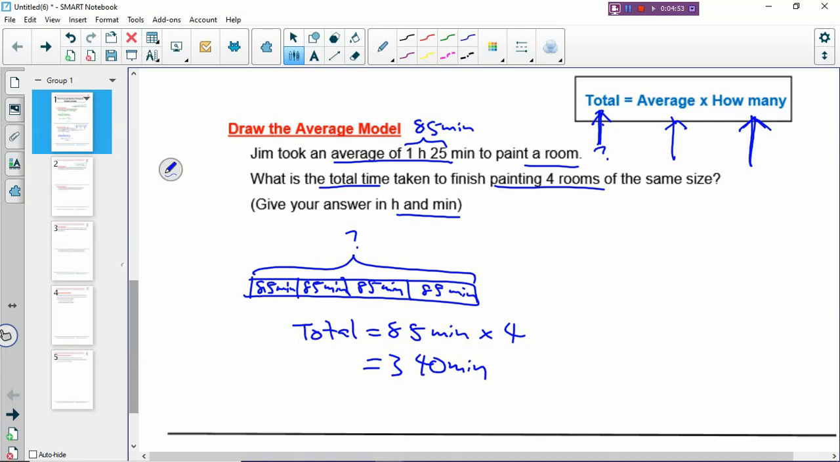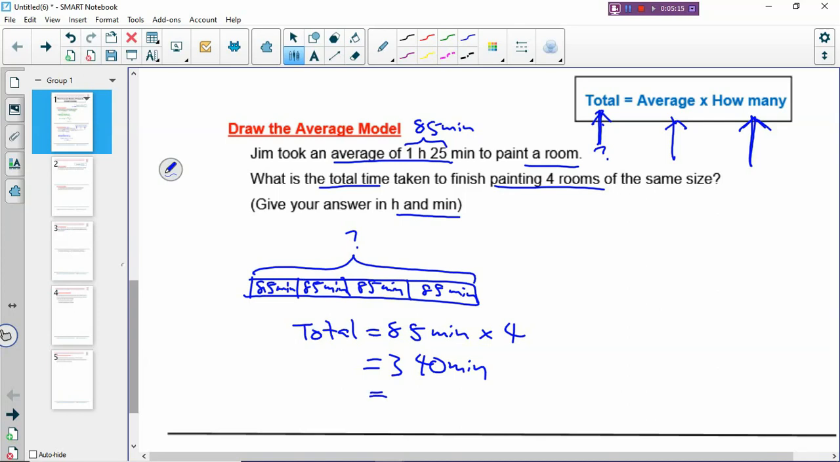And then you have to convert to hours and minutes. So how do you do that? To do that, you can use a calculator, right? So you take 340 and then you divide by 60, right? In 1 hour, there are 60 minutes. So when you divide, you will get a fraction. So 340 divided by 60, and you will get